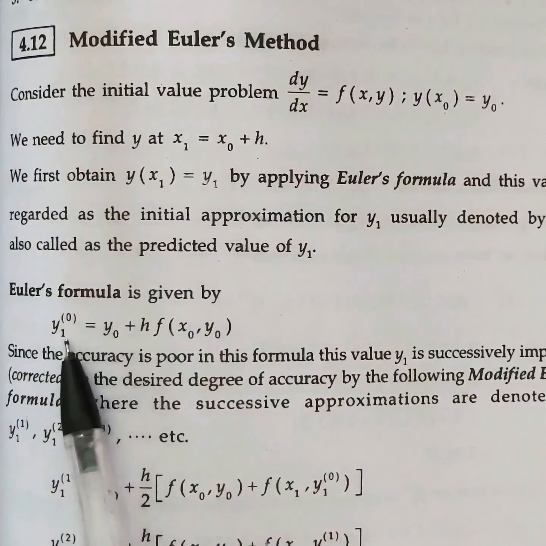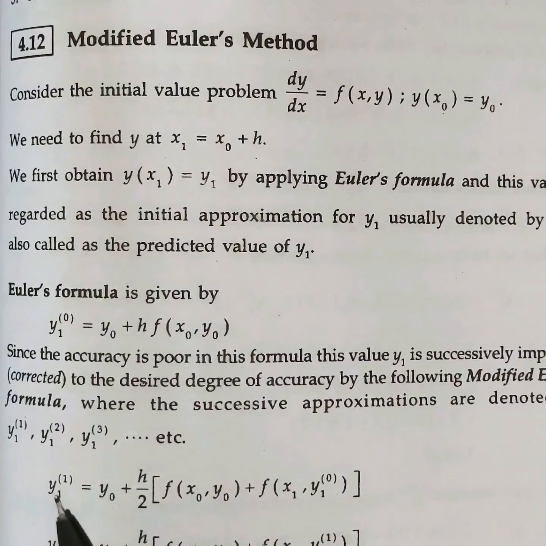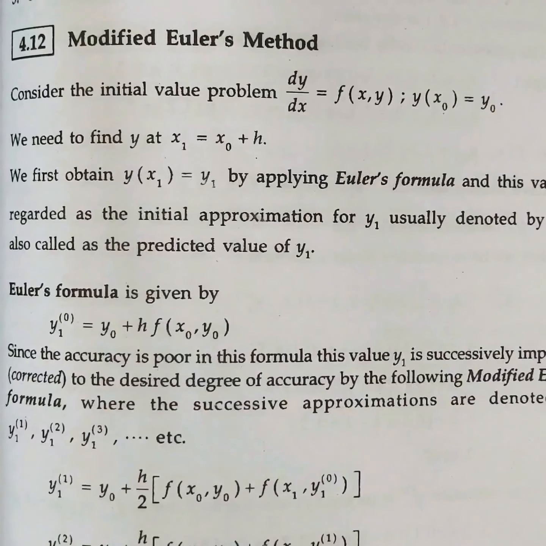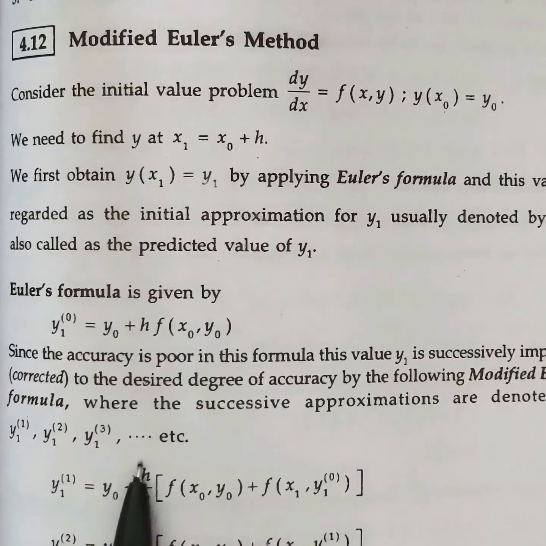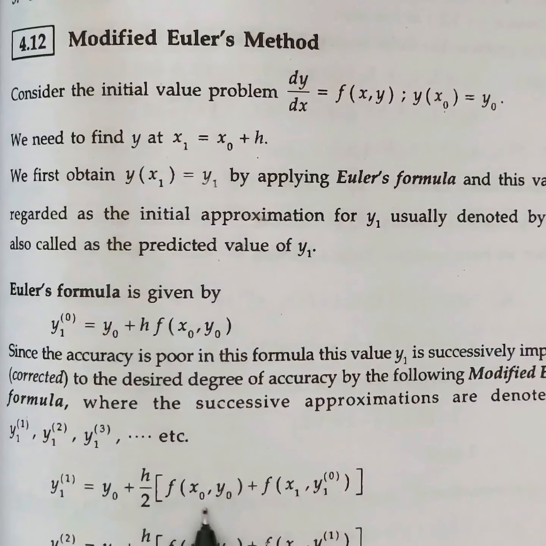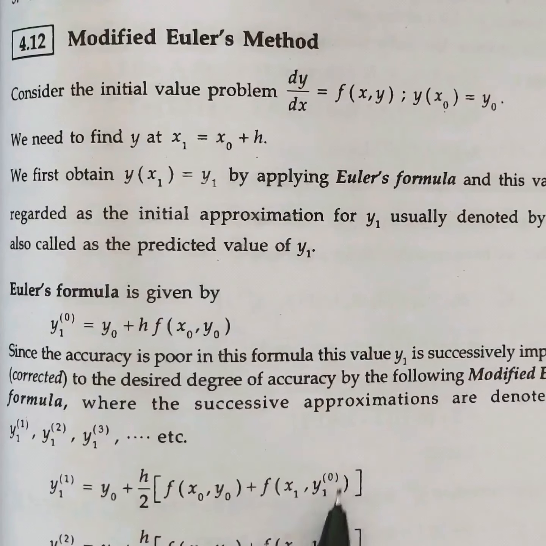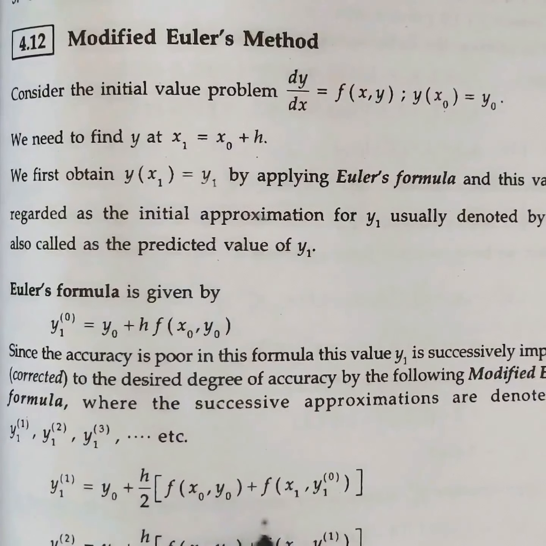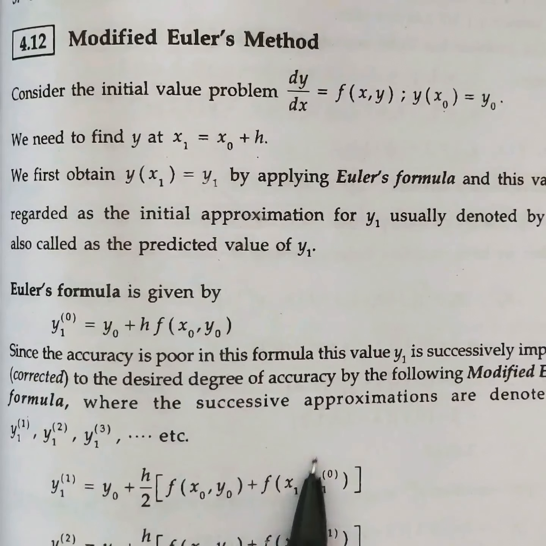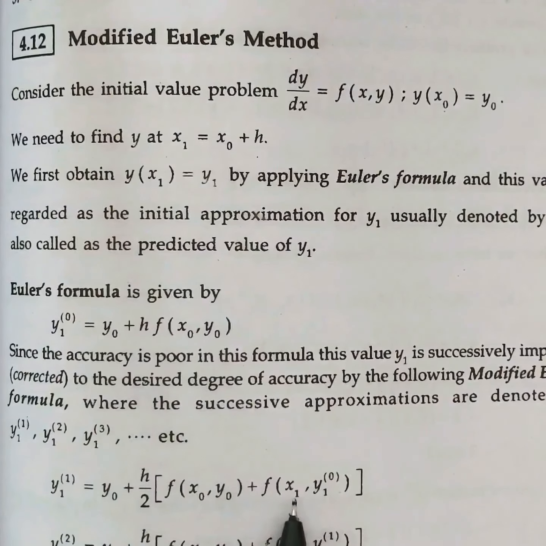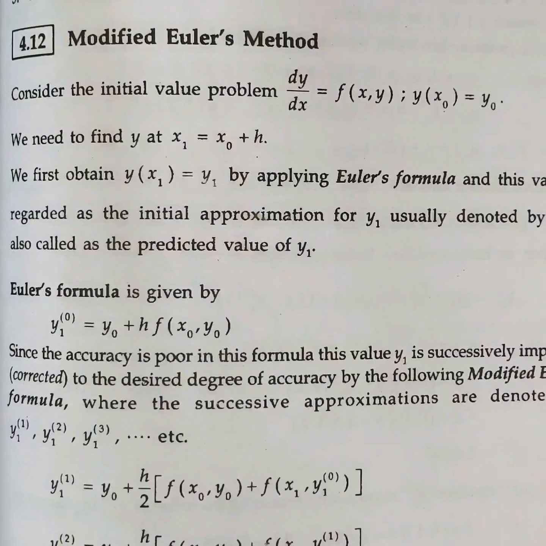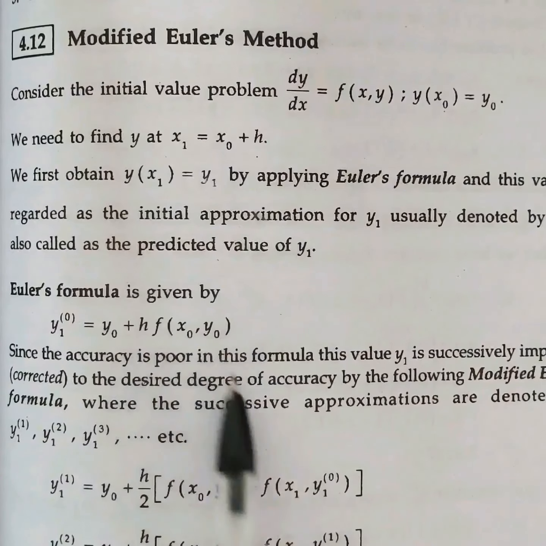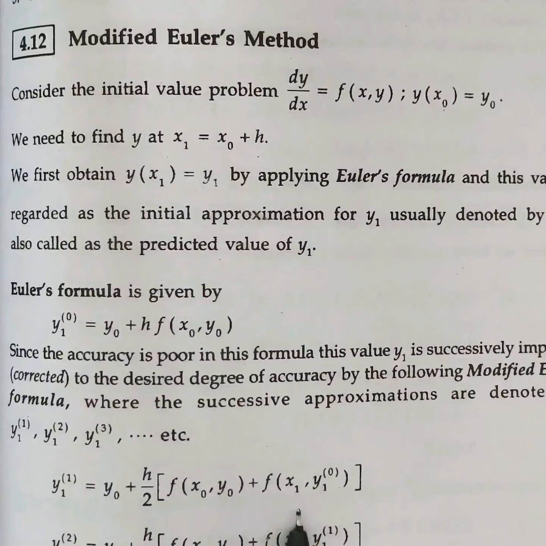So now this is the first approximate value for y1. Now to make it more accurate, we will go for more iteration. When you are going for the first iteration, you will write y1 of 1, which is y naught plus h by 2, average of two slopes, f of x naught y naught plus f of x1 y1 of 0. This x naught y naught point is given initially, and then we got the approximation value of y1 of 0 in the previous step. x1 is the next point, right? For example, if your x naught is 1, and I am adding 0.5 to that, the next x1 value is 1.5. So for 1.5 I will find this and then substitute here. Again you are going to use this formula.